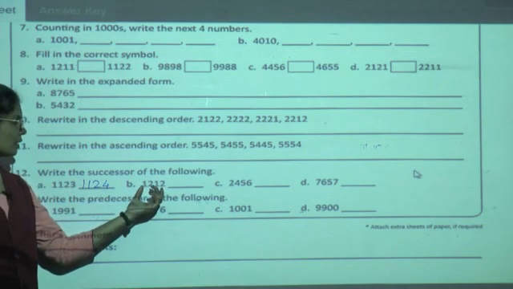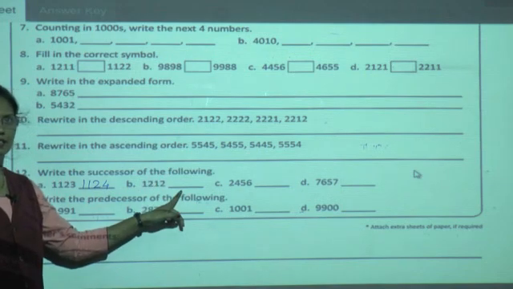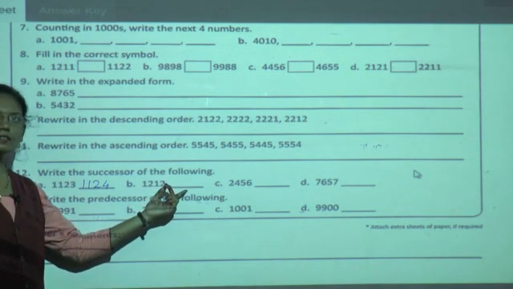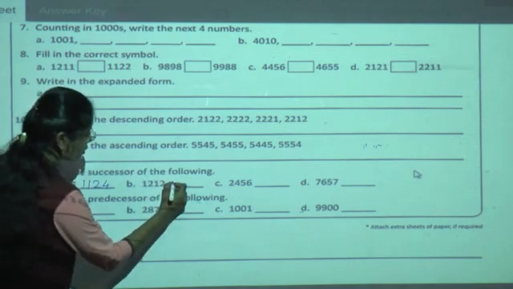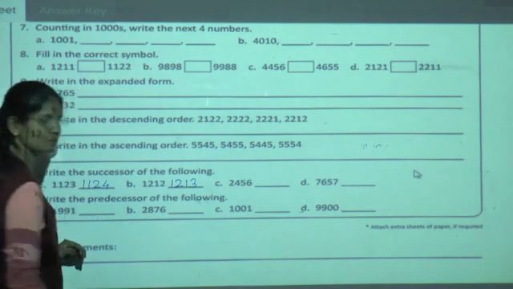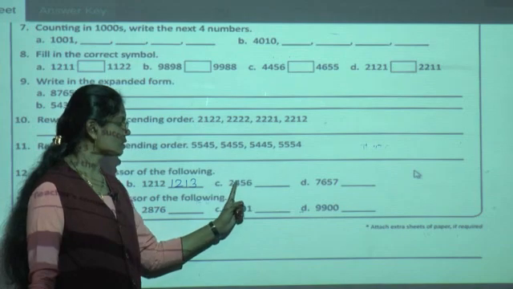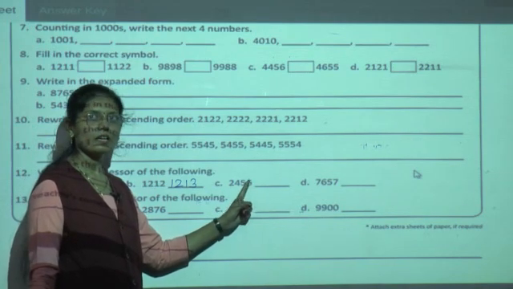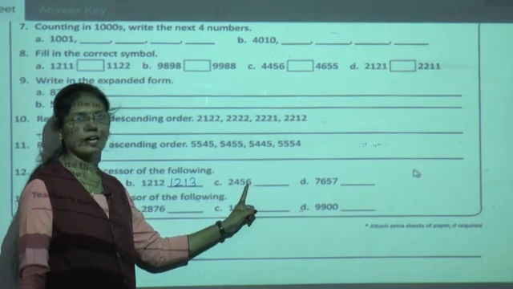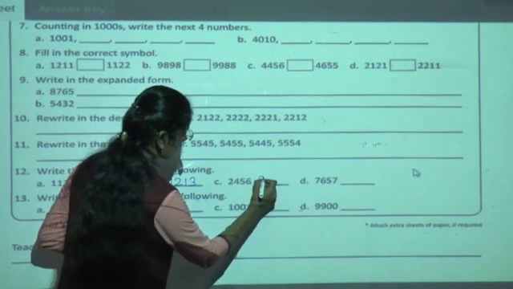Now another example, the number is 1212. Write its successor. Add 1 in the given number. So 12 plus 1, 13. So the successor of this number is 1213. Now see the third example, the number is 2456. Add 1 in this number, 6 plus 1, 7. So the successor of this number is